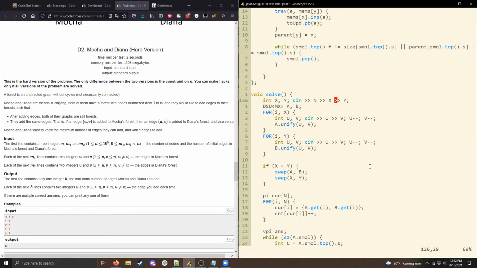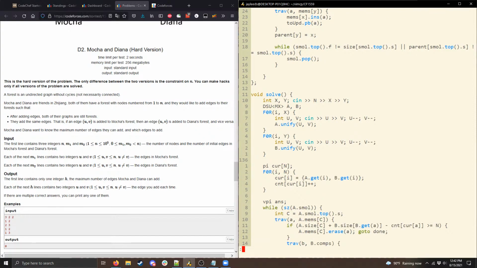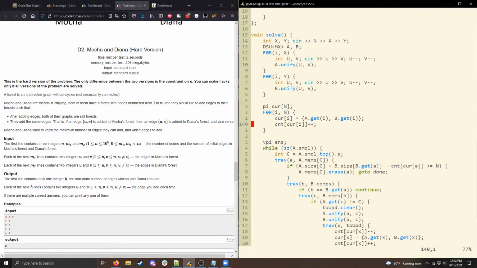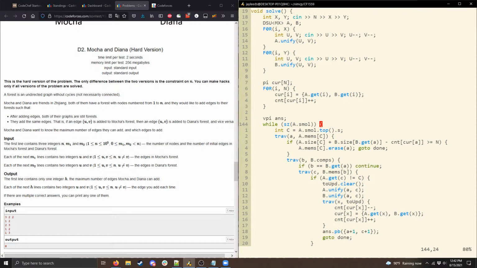So, as before, I build the DSU. These lines I thought I was going to need, but I don't. So I build the DSU, and then I find the current connected components for each vertex, and I store those counts. And so then, while there's a connected component in A that we haven't processed, the first thing I do is